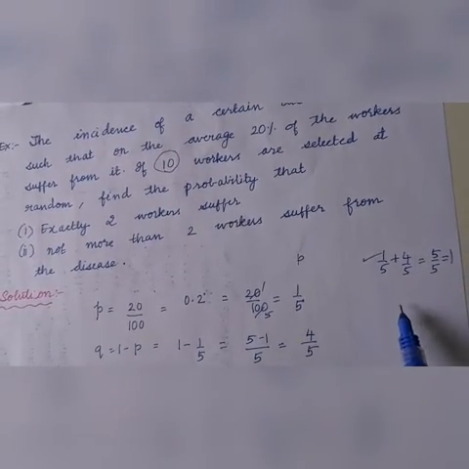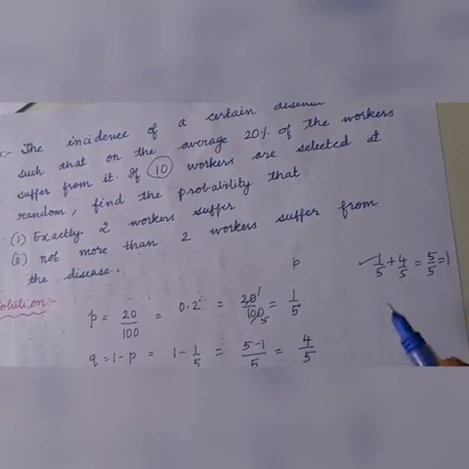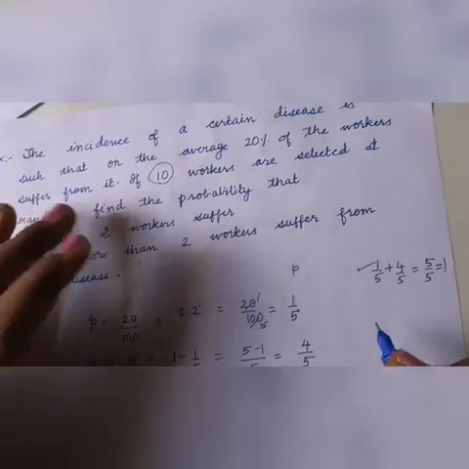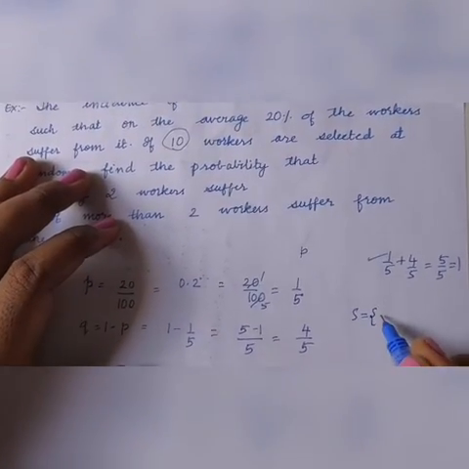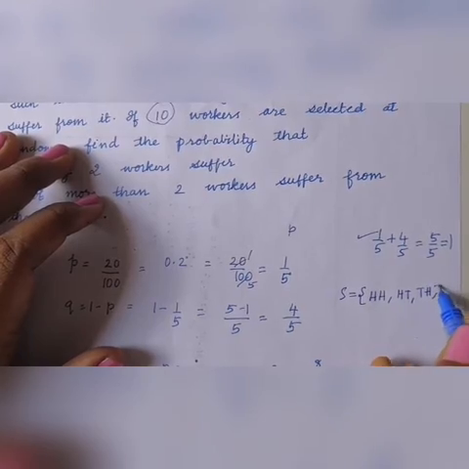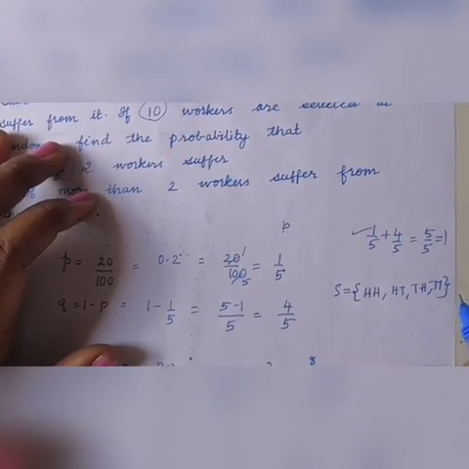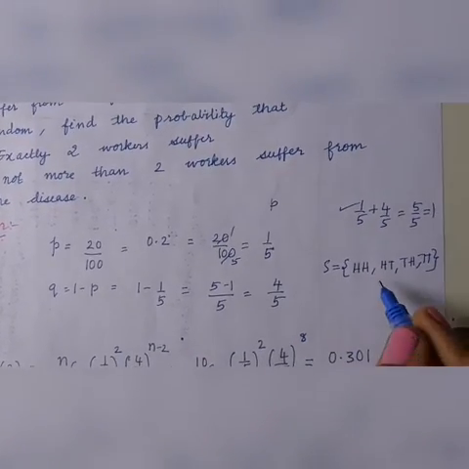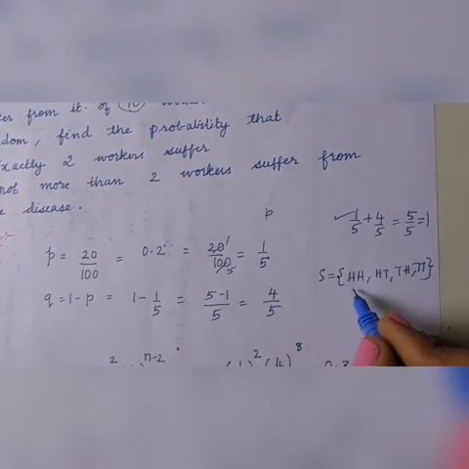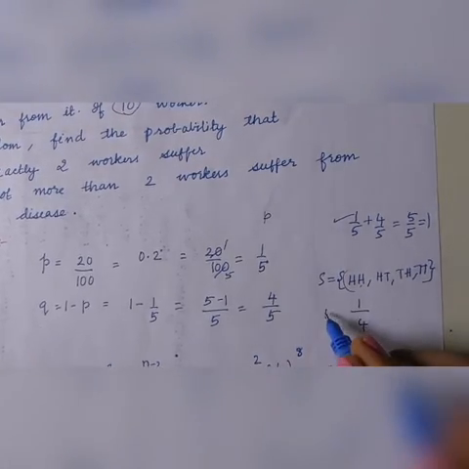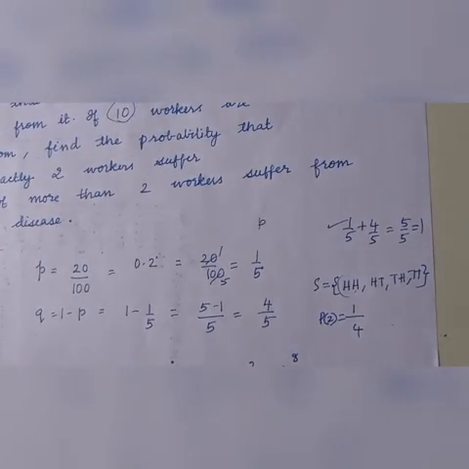So instead of writing a sample space, for example, if I say 2 coins are tossed and I want to find the probability of getting 2 heads, the sample space will be: I might get head head, head tail, tail head, and tail tail. So this is the sample space. I have 4 instances. So if you want me to calculate the probability of getting 2 heads, the favorable case is only 1 by 4.